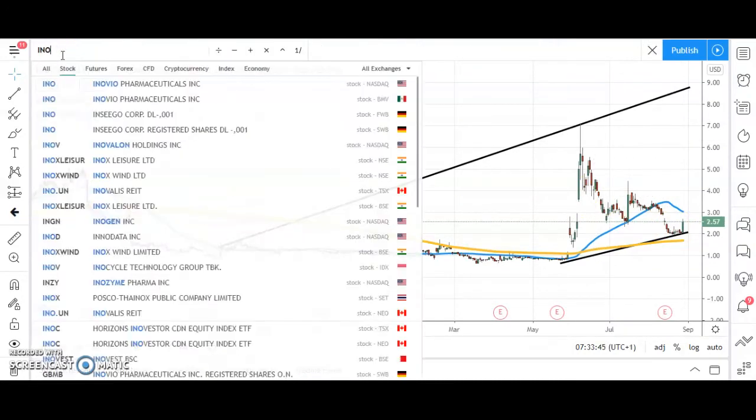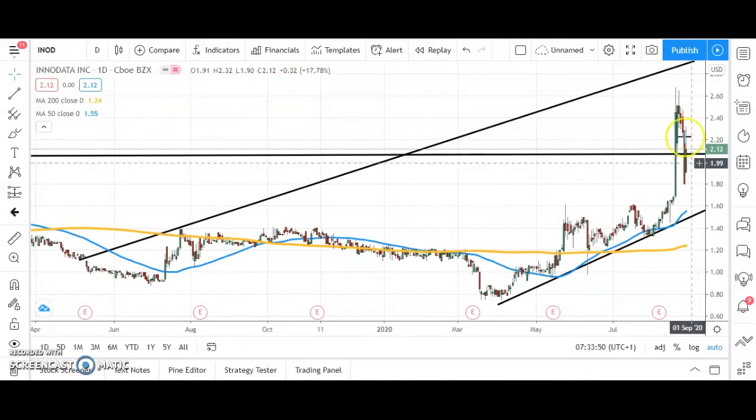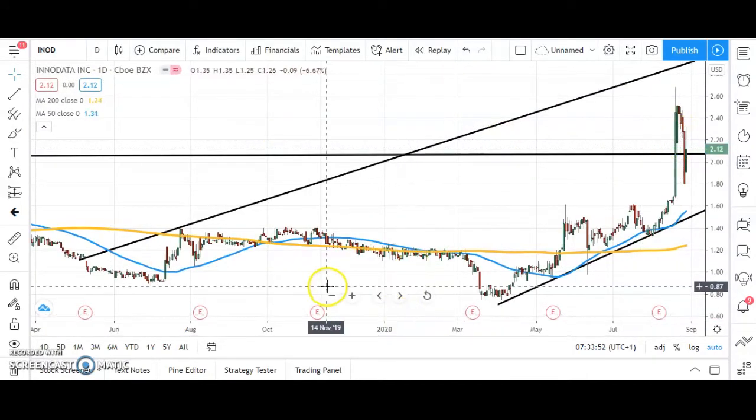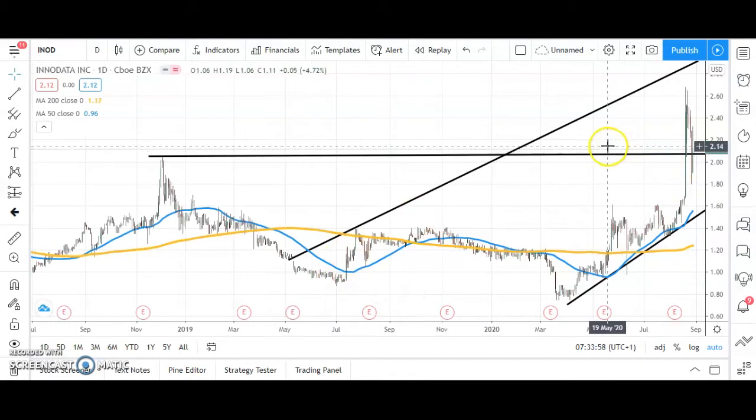On to Innodata, which here you can see has had a bit of a dance either side of that resistance line there from back sort of a couple of years ago now. I suppose the best way to play this really is to look at that old high there from December 18. That's around the